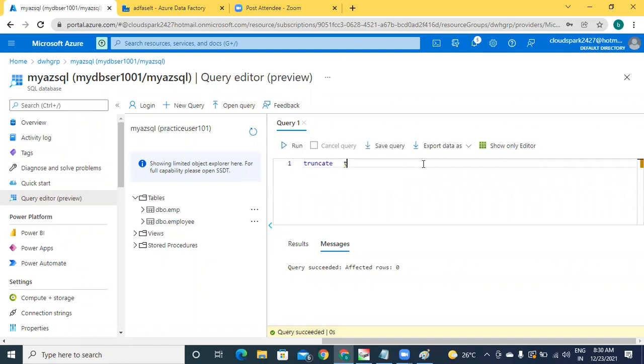Truncate table. Table name is employee. Suppose if you have data only for testing, when you truncate it, table and table structure remains same, but data will be deleted. Only data will be deleted. Now your table is just employee. It has no rows. I have two files as inputs, file 1, 5 rows, file 2, 5 rows. Total all these 10 rows I want to load into this table.